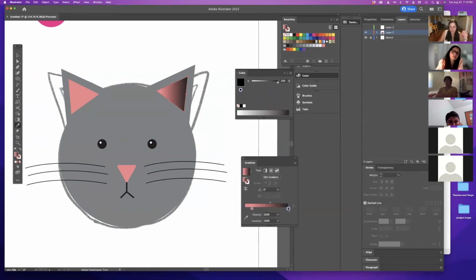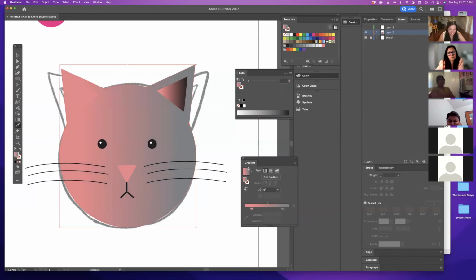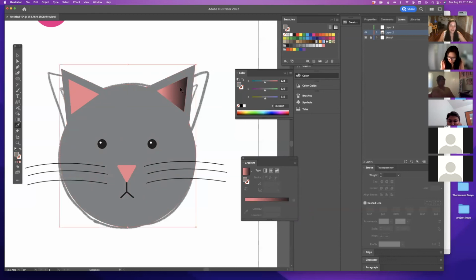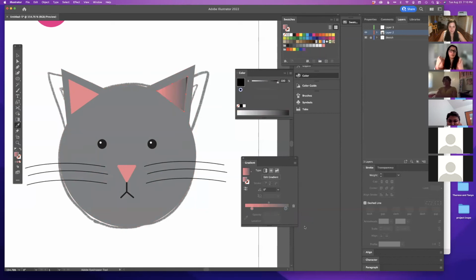So if you don't want the white in here, I just click on it and pull it down. What color is this cat? This cat is this gray. So I'm going to grab this gray and pull it down into my gradient and pull that black away. Oops, I did the wrong thing. If that happens, you just hit Command Z, you undo. So I want to make sure I have that ear selected. Okay, it's that gray. I just forgot what color gray it was. Pull that in, pull that down.